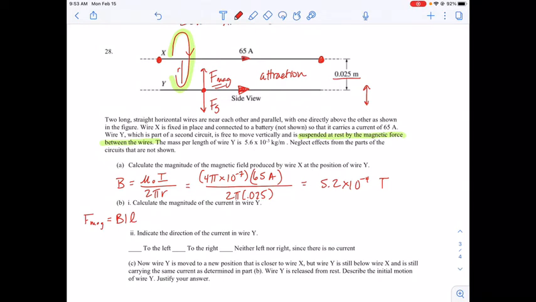Now, one thing that you'll notice is they're giving us the mass per unit length. And the mass per unit length we could use to get the weight per unit length. So if I take F over L, that equals BI. F over L, again, is going to be weight per unit length, which is going to be 5.6 times 10 to the negative third kilograms per meter. I'm going to multiply that by 9.81 meters per second squared to change that to weight. And then the magnetic field,